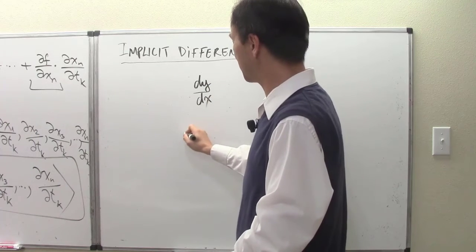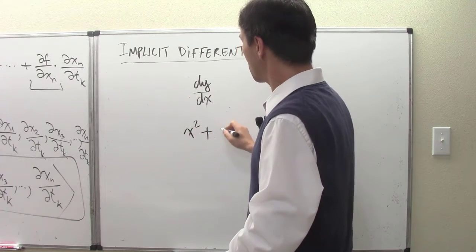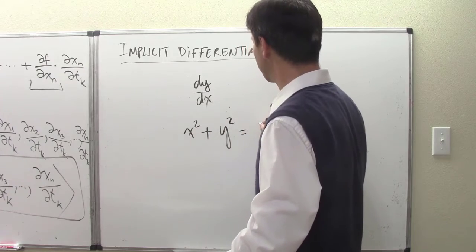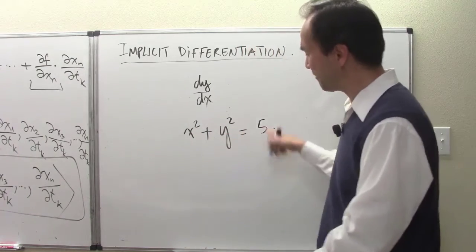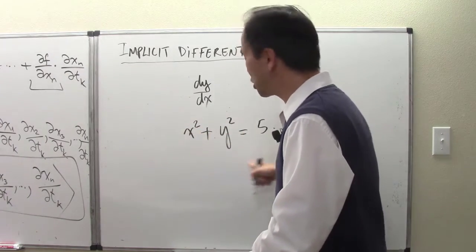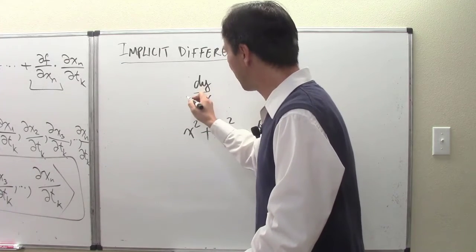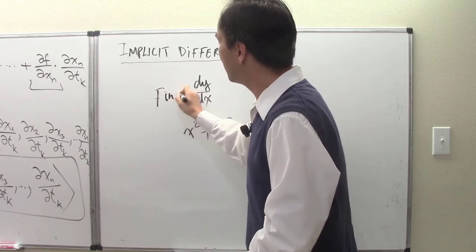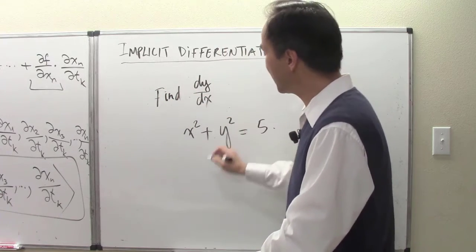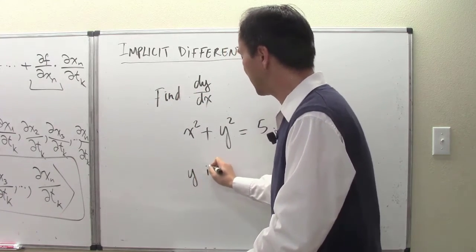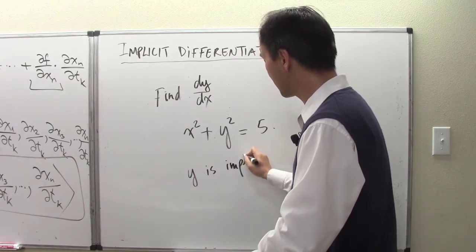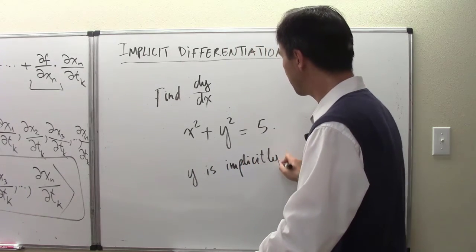Then we tried to find things out of something like an x squared plus a y squared equals 5 or something like that. So what we have here is an equation, and most importantly, if I'm asked to find dy/dx, then that means y is defined implicitly